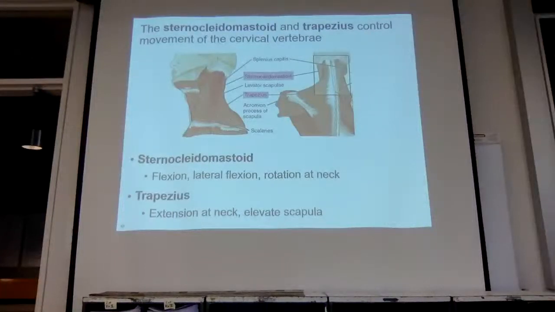It's not just flexion. I think it's also for inversion. It's listed in the